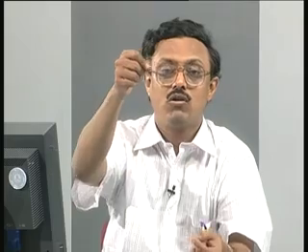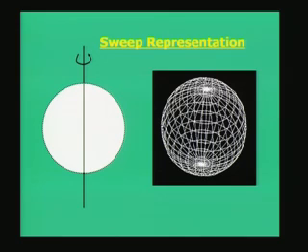Latitudes are parallel lines parallel to the equator which never meet, and then you have the vertical arcs which basically intersect at the north pole and the south pole of the particular solid. So, this is what is created with the help of the sweep representation for a circle in the case of